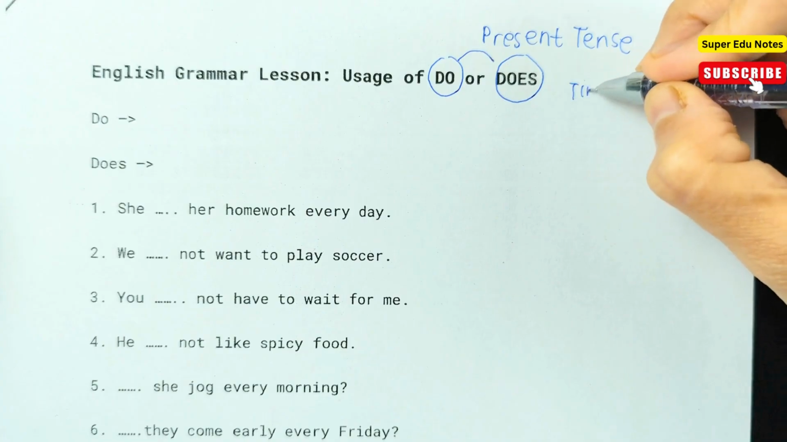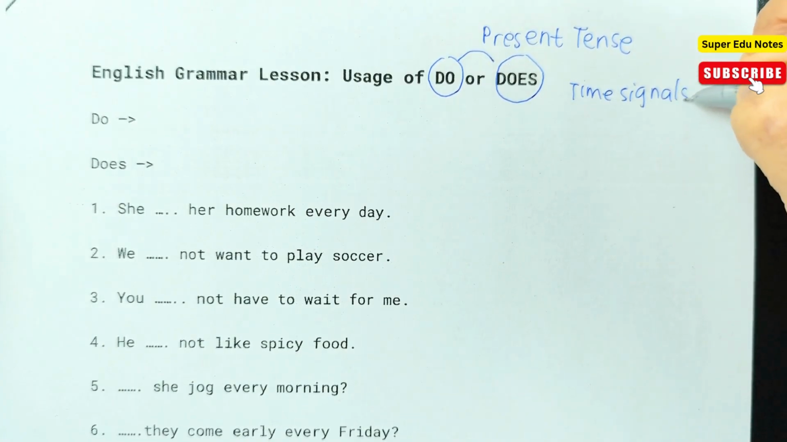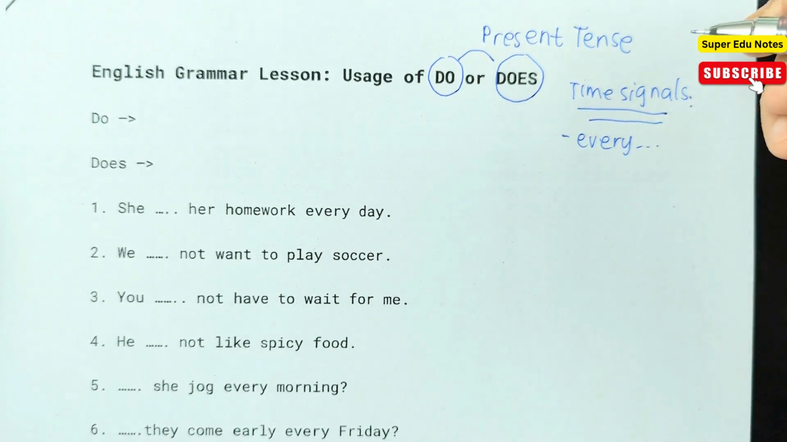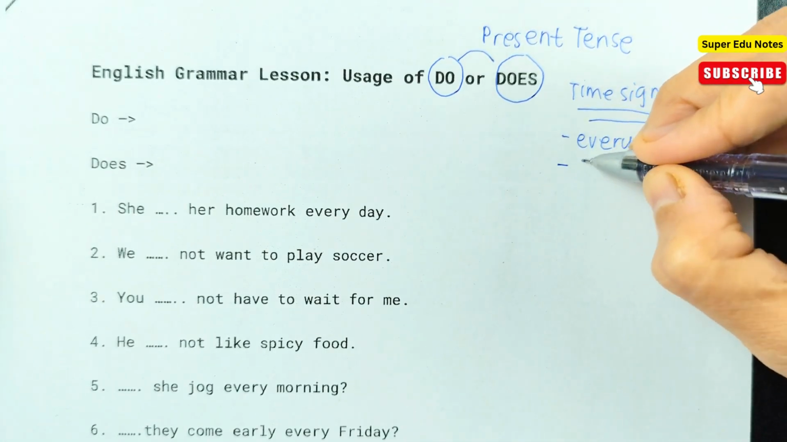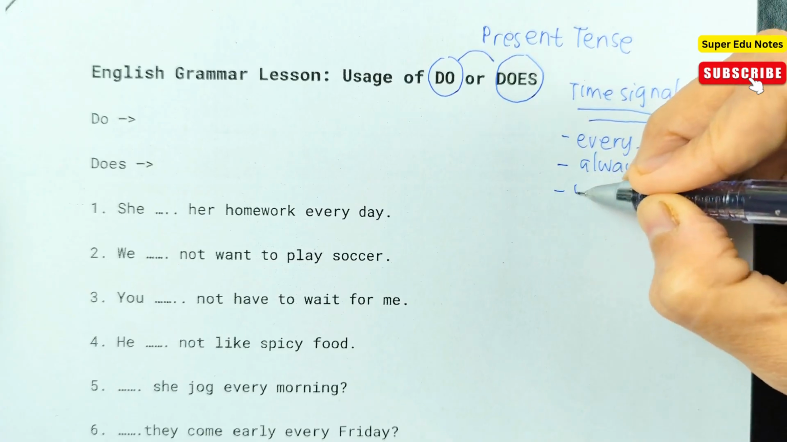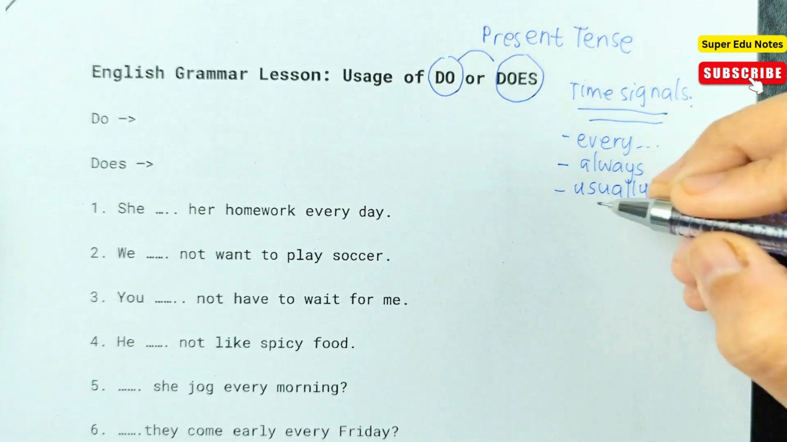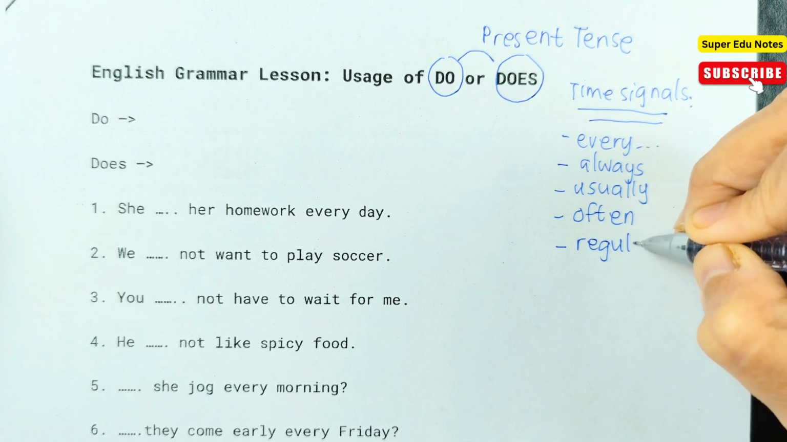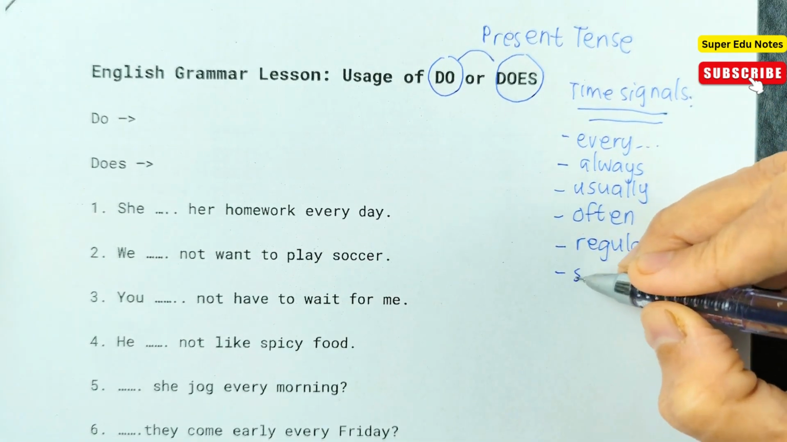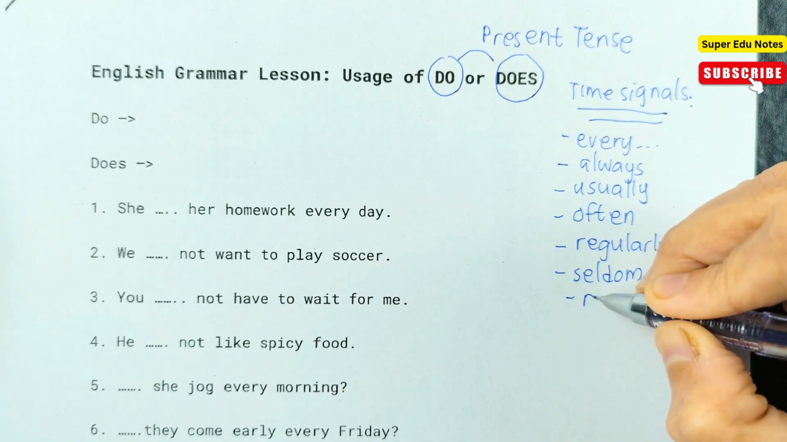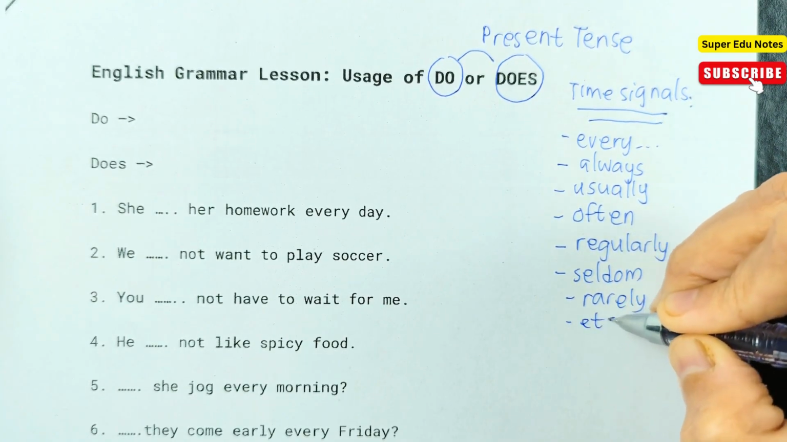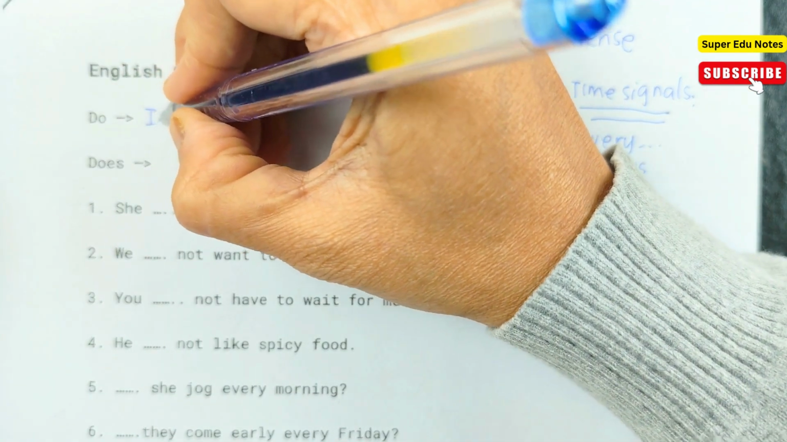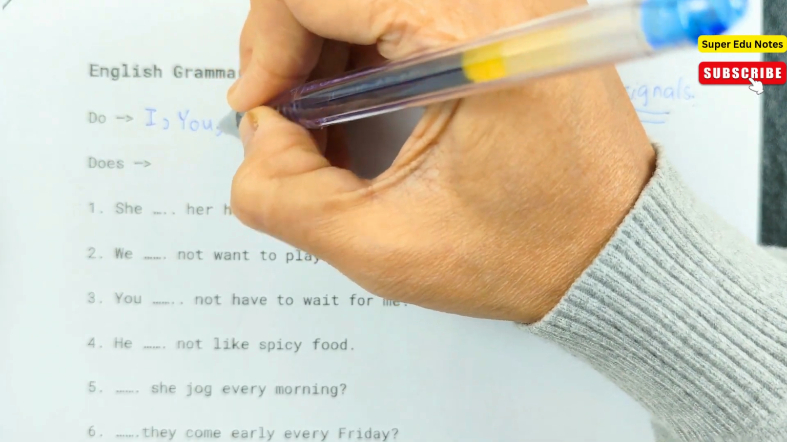The time signals for present tense are every, like every week, every day, every month, always, usually, often, regularly, seldom, rarely, etc. So we use do for subjects like I, you, we,